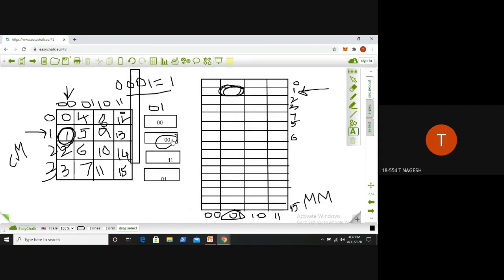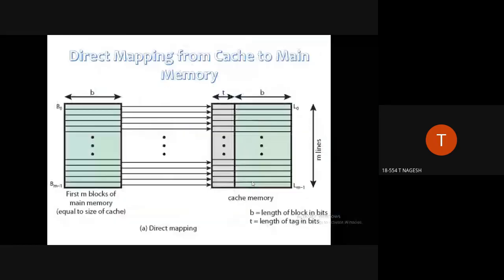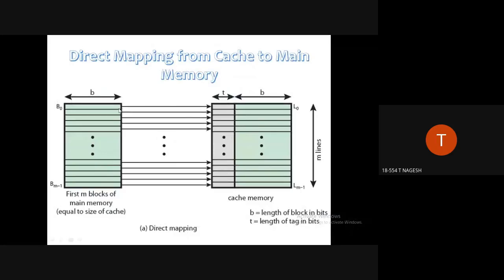If the tag is different, then you could not find the block or the required word in the cache memory. Then it represents a cache miss. So at that time you need to access your main memory, and there you have to find your word, right? So let us get back to our presentation. So we completed this: this is how you have to check for every block of the main memory. You have a respective, specified cache line where you need to check with the tag there, right? So fine.